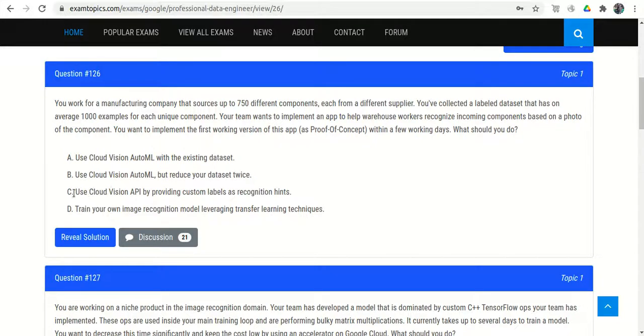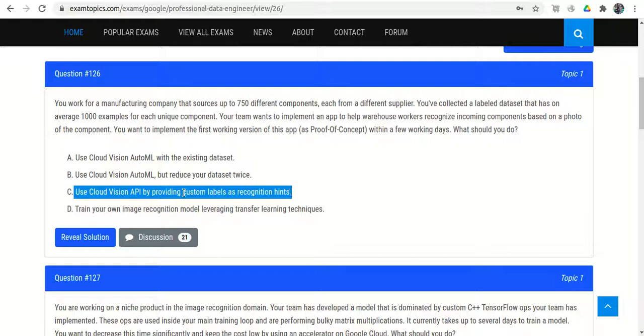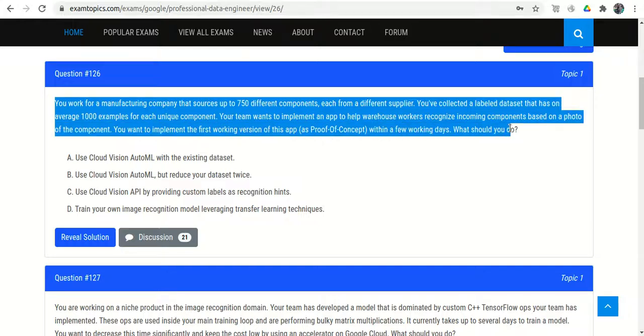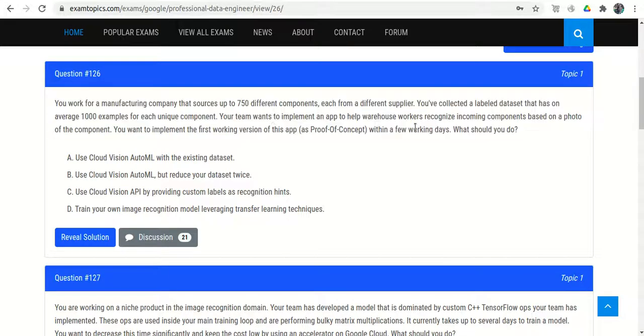In option C, use the Cloud Vision API by providing custom labels as recognition hints. Cloud Vision API is generally used when we have to use pre-trained models. Here we are not going to use pre-trained models, because we are not sure whether such a model is already available with Google for these particular 750 components.